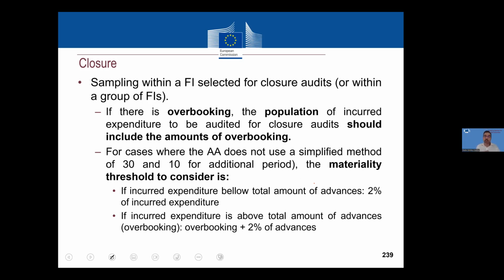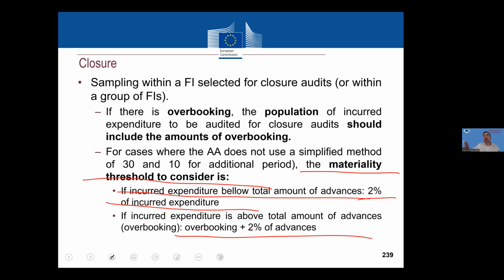If you have overbooking, the population of incurred expenditure to be audited for closure should include the amounts of overbooking. And if you need to calculate sample size based on a certain materiality threshold, specifically for closure, we advise that the materiality threshold for closure is 2% of the incurred expenditure if your incurred expenditure is below the total amount of advances, or if you have overbooking, then your materiality threshold for the calculation of the sample size will be the overbooking plus 2% of the